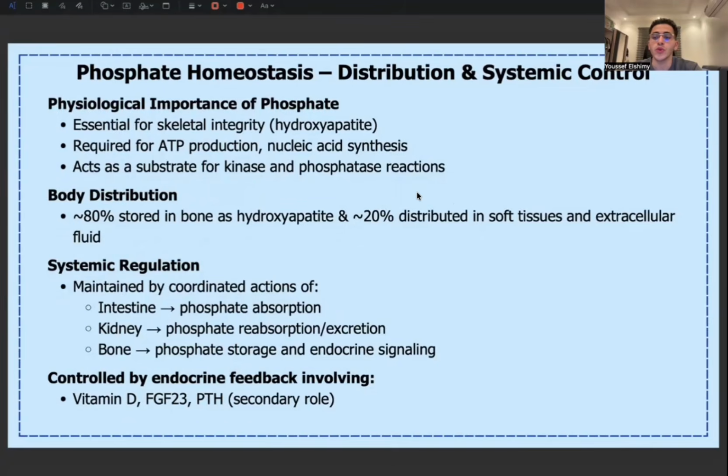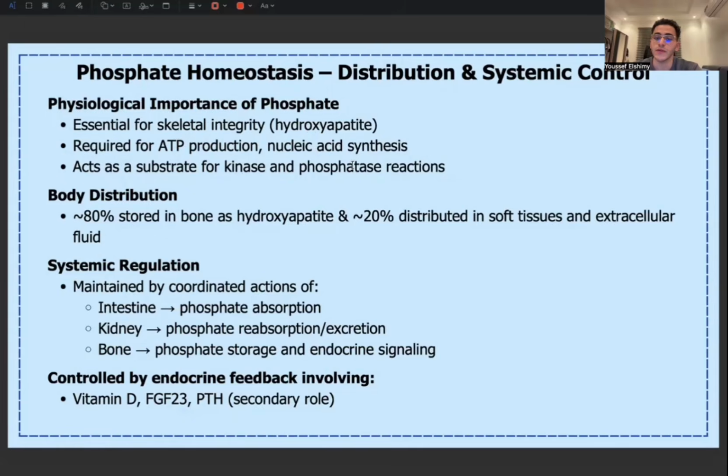Okay, so we talked a lot about calcium. Now moving on to phosphate. Phosphate also needs to be regulated in our body, and phosphate has a lot of important functions. It is essential for skeletal integrity. We mentioned that hydroxyapatite includes calcium as well as phosphate. Phosphate is required for ATP production as well as nucleic acid synthesis, and it acts as a substrate for